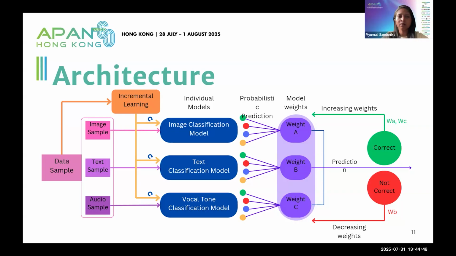Yes, ma'am, I have something to add. Although we are using data from three people for the final model, for the pre-training of the individual models we considered large data sets consisting of data from thousands of people, and they are common data sets.